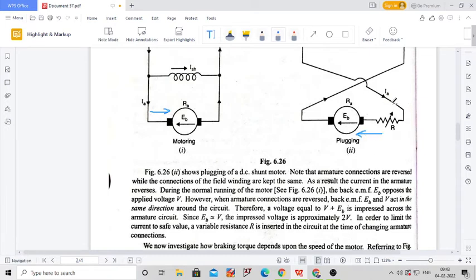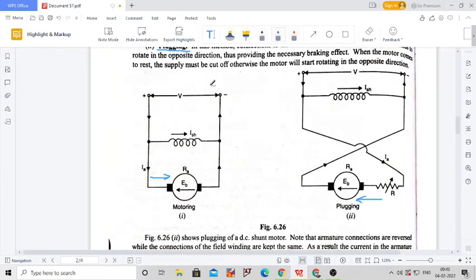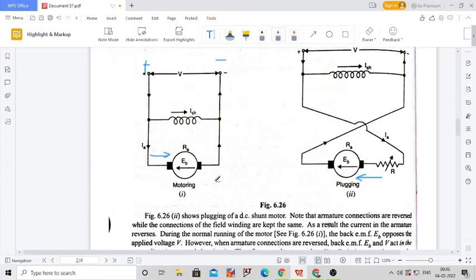what is the necessity of this braking resistor which is connected in series with the armature during the braking condition? If you look at this braking circuit, during motoring mode, the back EMF generated inside the armature is always in the opposite direction to the terminal voltage. So if the terminal voltage polarities are positive and negative, the back EMF polarity will be the opposite, because that polarity should be opposite. Therefore the name of that EMF is back EMF itself. Okay. Now what will happen?